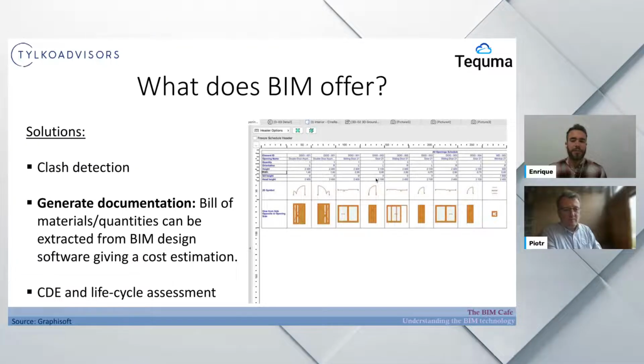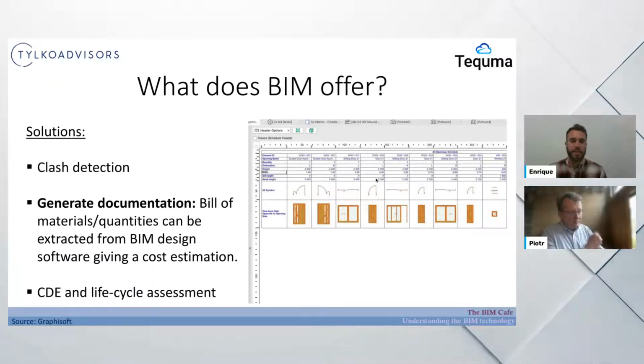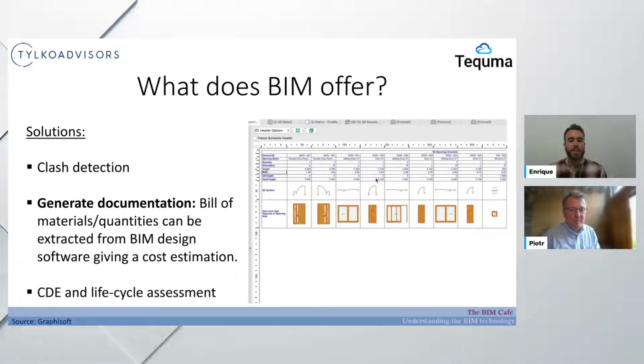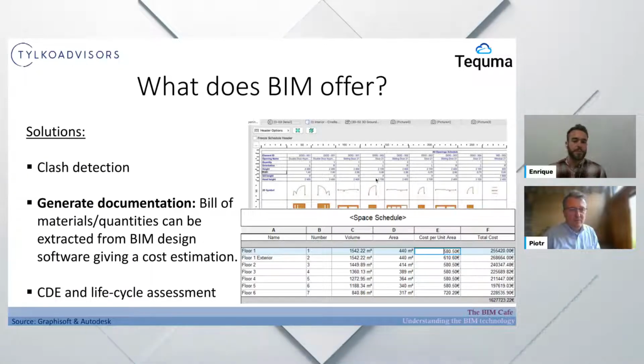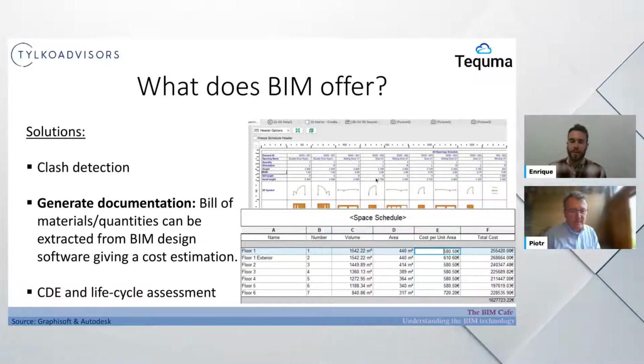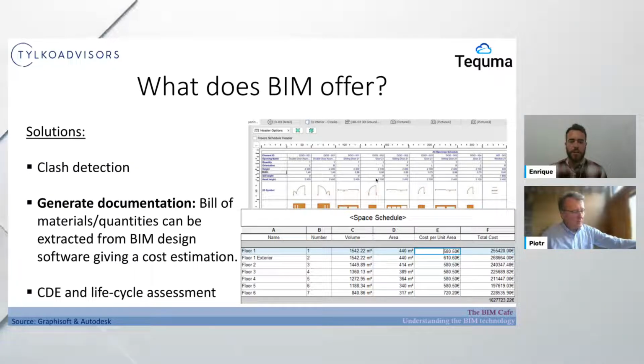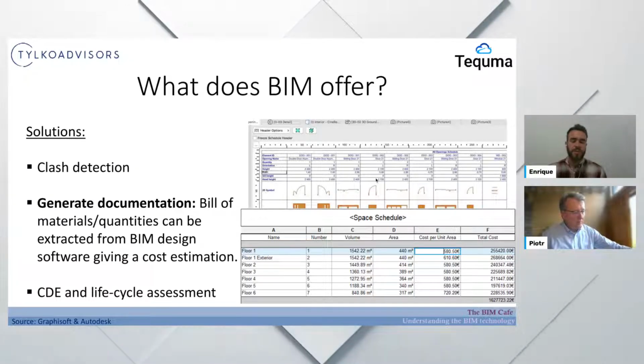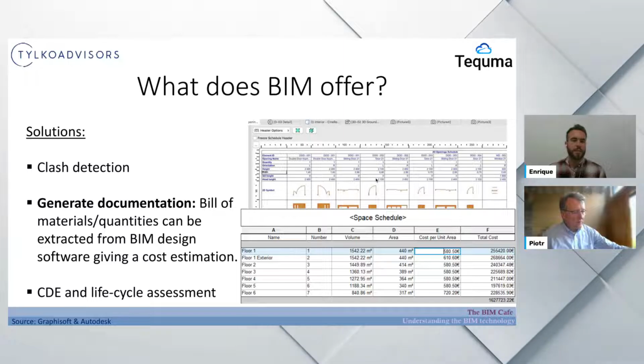So we can extract the information to Excel spreadsheets or CSV files and create lists, like shopping lists of what materials I have and how many I need. We can even implement cost estimation, because cost is a feature you can customize and edit. If the manufacturer doesn't provide it, you can add it. You can ask for an estimation and add it to your project, and you get a cost estimation of how much my project will cost, how much gypsum I will need, how many doors of this type, if I know the price per item, and so on.